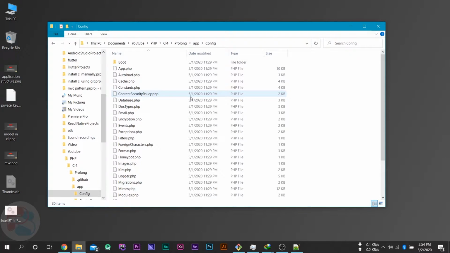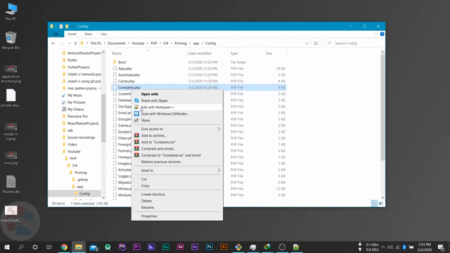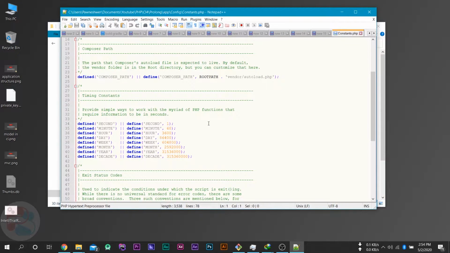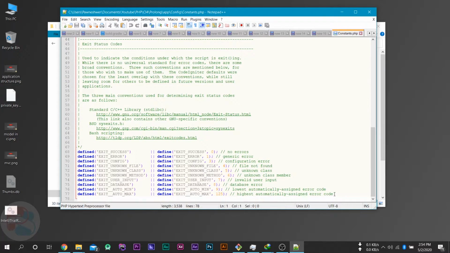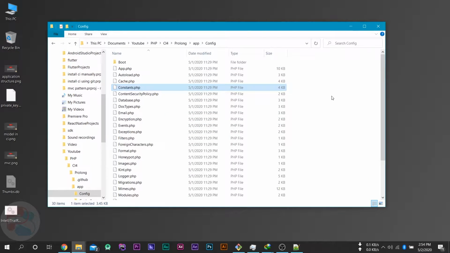If you want to define some constants, then you can use the constants.php file and define your constants here. And other configurations will be stored inside the config folder.